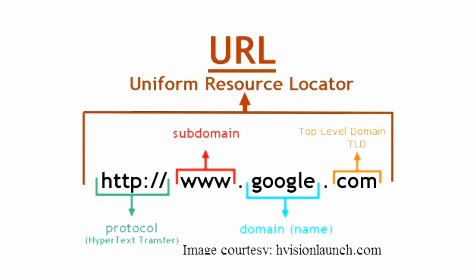Here, the subdomain is www, the domain is Google, and .com is what is called a TLD, or top level domain. Top level domain is basically like an extension. There are some valid extensions. Com is the most popular TLD, but there's also org, io, xyz. So many other things are there, but com is the most popular.